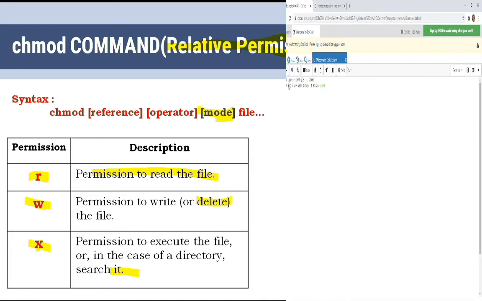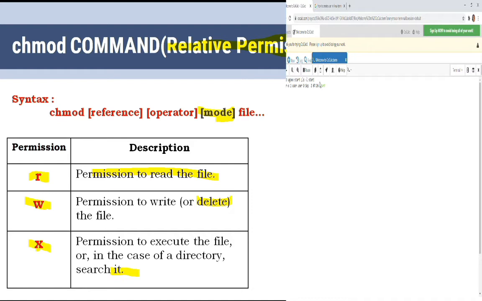U, G and O, user, group and others, I have assigned the executable permission. So just see here, X has come and X has been given. Whenever the file has the executable permission, it is going to change its color.